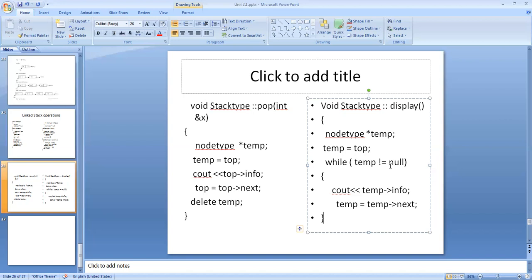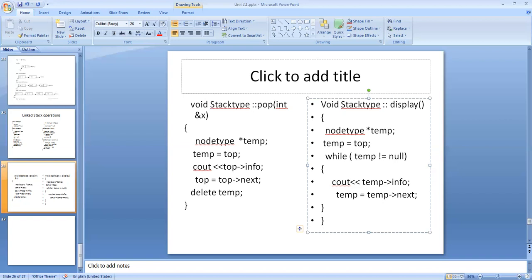While the while loop is terminating, we have already displayed the contents of the stack: 40, 30, 20, 10. You see in which order they are displayed. From the last in, first out order. 40 was the last value that was pushed, then 30, then 20, then 10. So that is how the values of that stack got displayed. That is how this display function works.